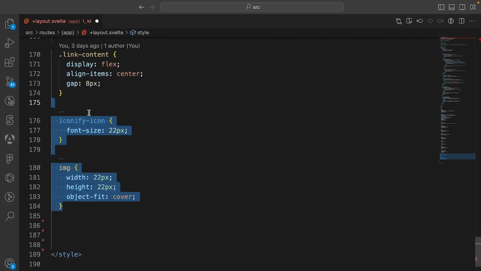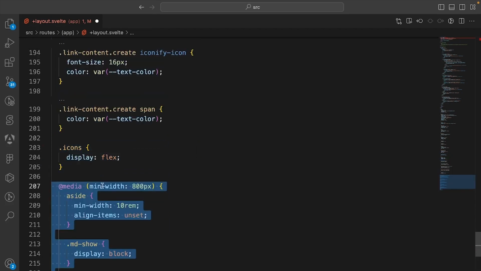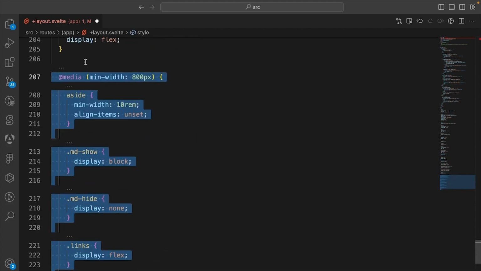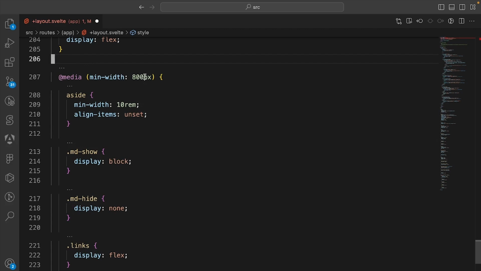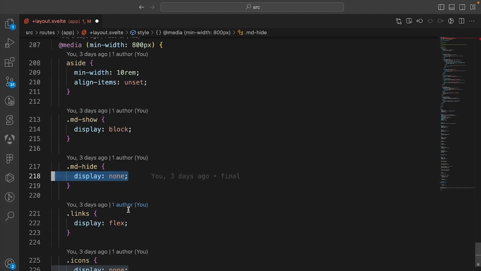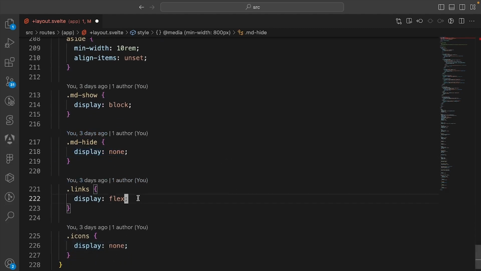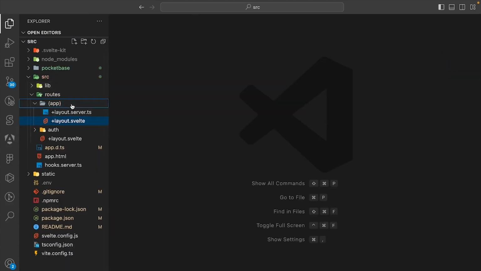So then we're going to style the iconify and the image tags. We're also going to apply some styles to the link content, the icons. And now you see that if the width of the screen is greater than 800, we're going to say that we're going to show the MD show, and we're going to hide the MD hide, obviously, and we're going to adjust the width of the sidebar and the icons, etc. So then we can close this file, and in the app folder,